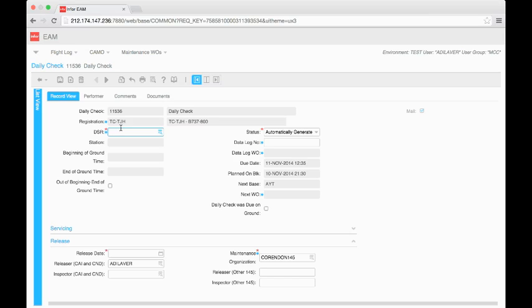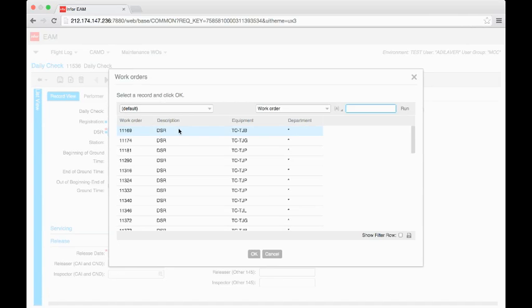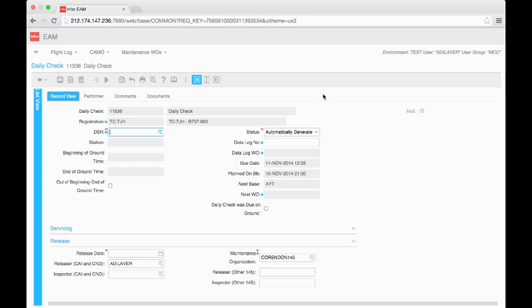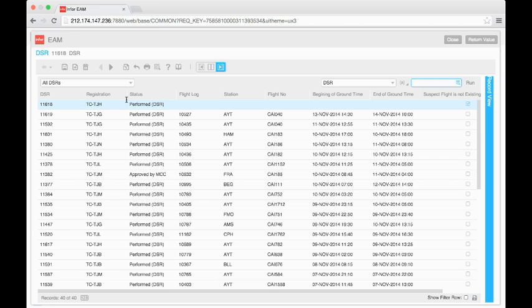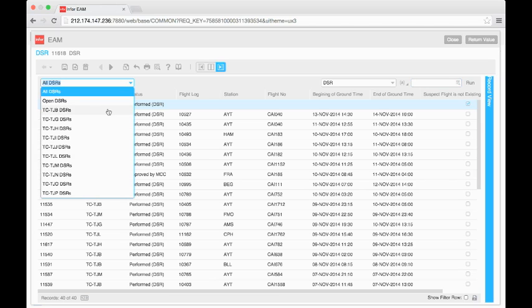Okay, now I have to select a DSR, and for this purpose I cannot use this icon because in that area the flight information, beginning of ground time, and end of ground time are not mentioned, so it's not convenient to select the correct DSR. I have to double click over there, and afterwards I have to select the correct flight,